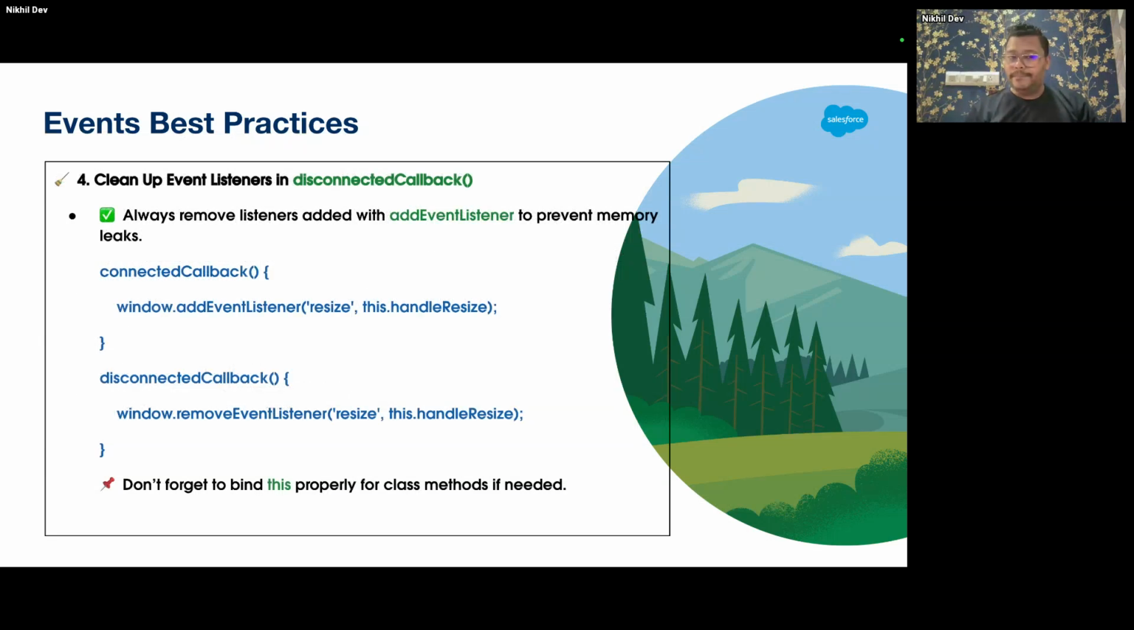for your events. One of them is also for your disconnected callback. As I was saying, I have taken a sample code over here. If you see, I am adding an event listener here for handling a particular method, a handle resize method. Now since I added this method, if I don't remove it from the DOM, what is going to happen at a certain period of time? Okay, when you are doing a lot of calculations, you will be seeing issues that this method